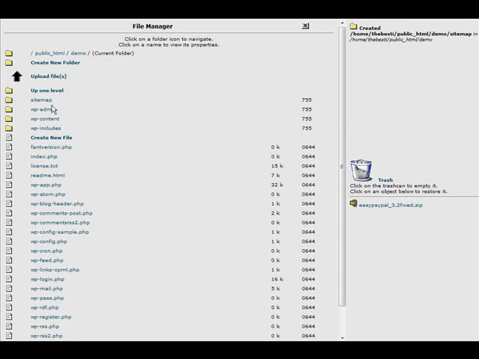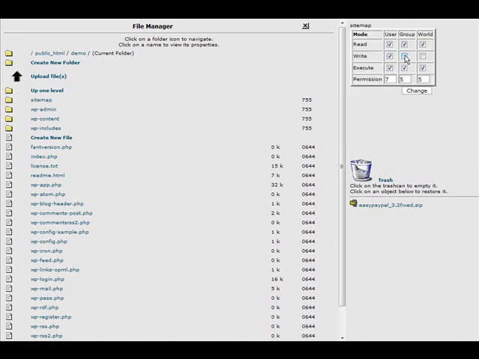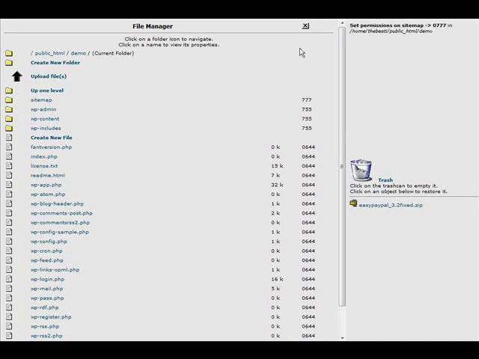Okay, so let's find our sitemap directory, and I'll click on it, and then we'll change the permissions to 777. To do that, all we have to do is click on all the boxes inside here. Okay, so all 9 boxes are checked, and you can see it says 777 and change. Okay, now let's go back,